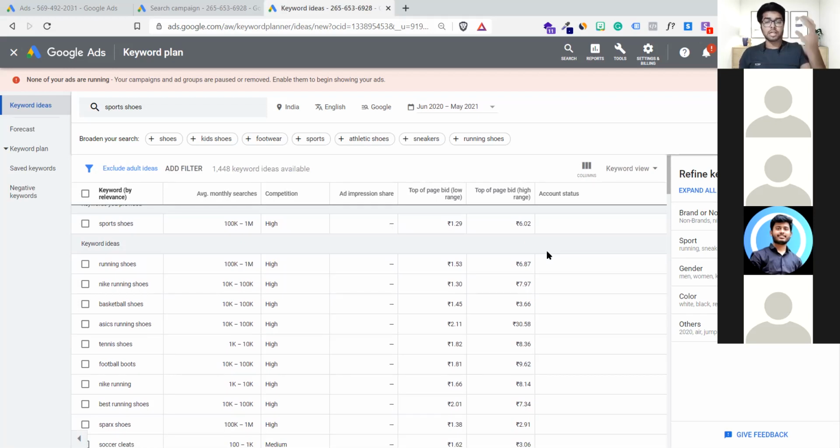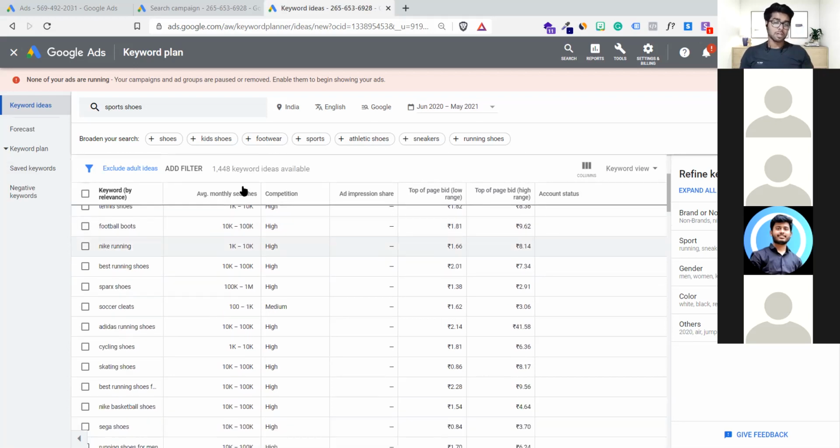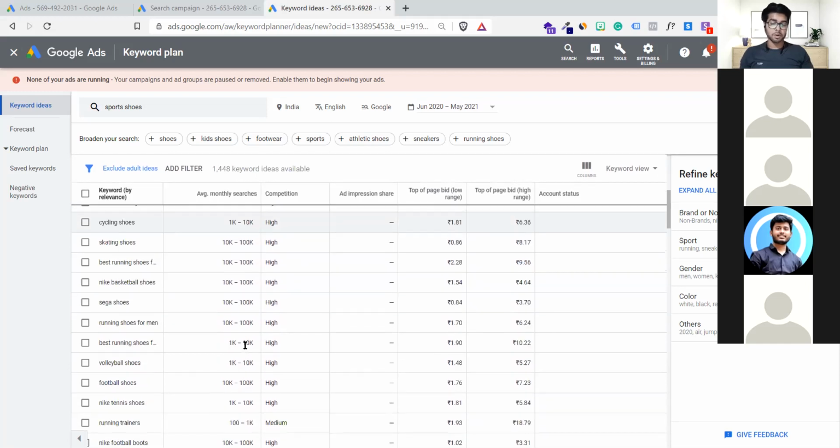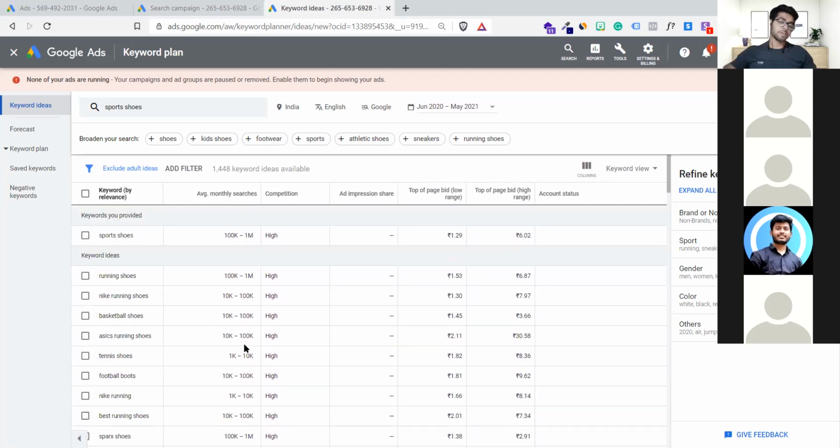As I told you, I'm targeting keywords for my store to get sports shoes buyers. So now you guys tell me what the search query should be, how to select the right kind of keywords, because there are 1448 keywords right now. It's insane. I cannot use all the keywords. This will be super stupidity. I have to be super specific about what kind of audience I have to cater to.